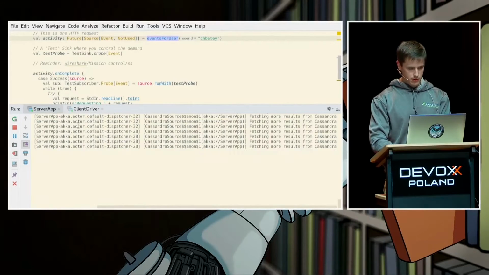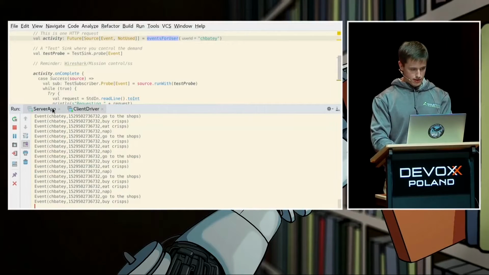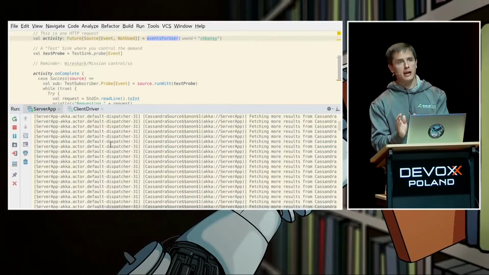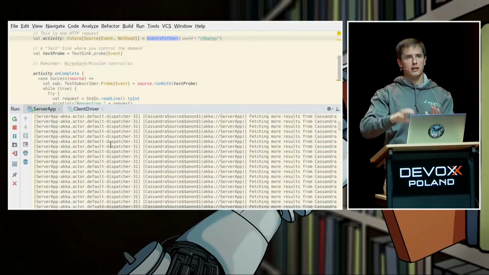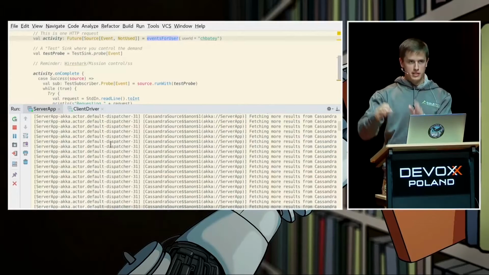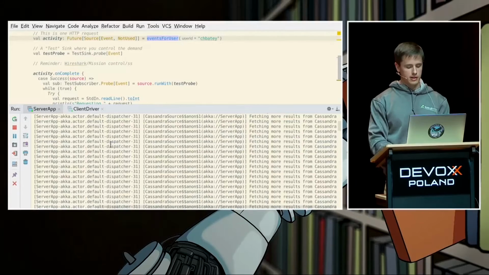Maybe I've got them all. It's not going to do it. And then we start kicking back. So if you think about how far that flow control has traveled, it's traveled from my client application over TCP into the server application, and actually affected the way in which we query the database.